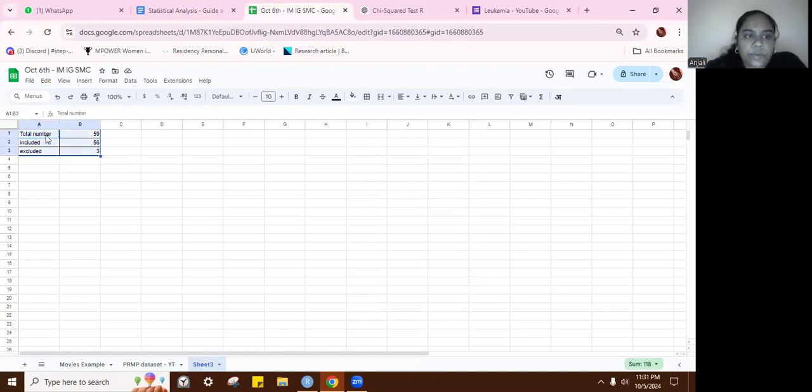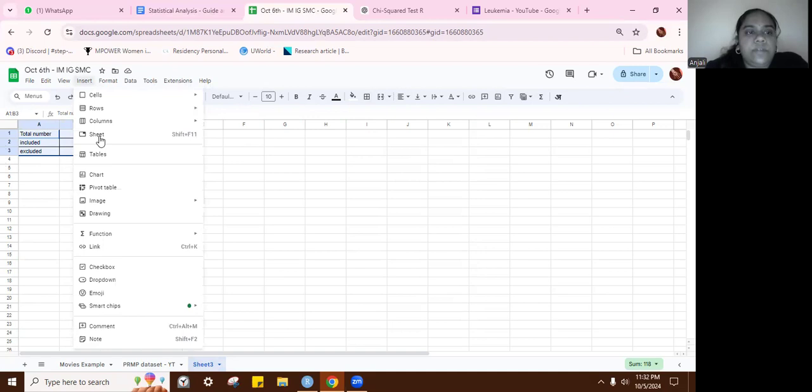So what you'll do is, again, always just do it in the Google Sheet itself. You can always copy paste the image later. It's just convenience sake. You have all your data in one place. So you can come back and verify or make any changes. It just makes it easier rather than going to Word, inputting everything. So it just makes your life easy. So you click on insert, you click on chart,